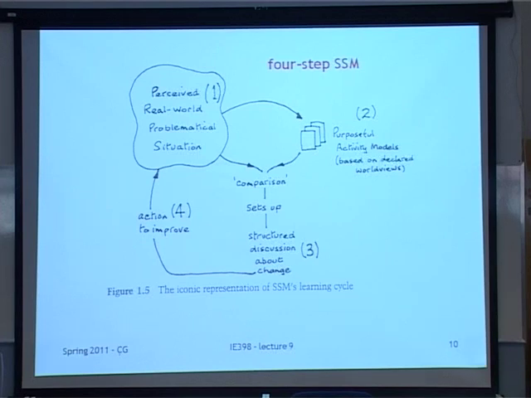fairly straightforward. As you can see in the first step, there's a real-world problematical situation, but actually it's not the real-world problematical situation. It's the perception of the real-world problematical situation. So an observer perceives a problematic situation in the real world in step number one. Then, based on his perceptions, he constructs purposeful activity models at step two, as you can see. An arrow is leading from 1 to 2.